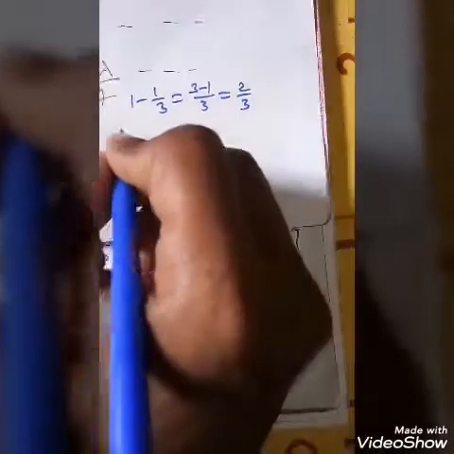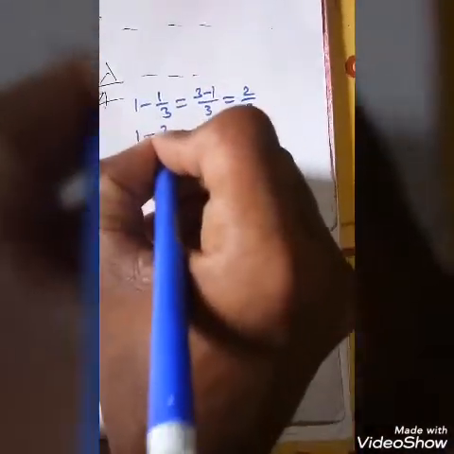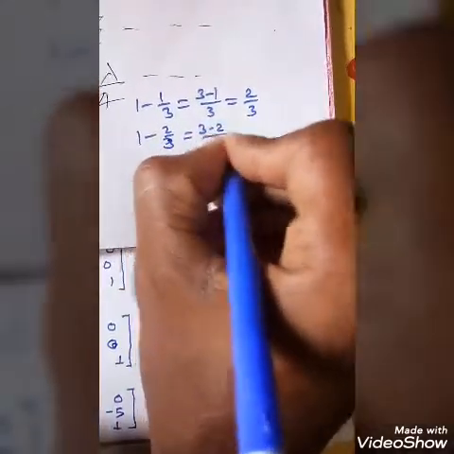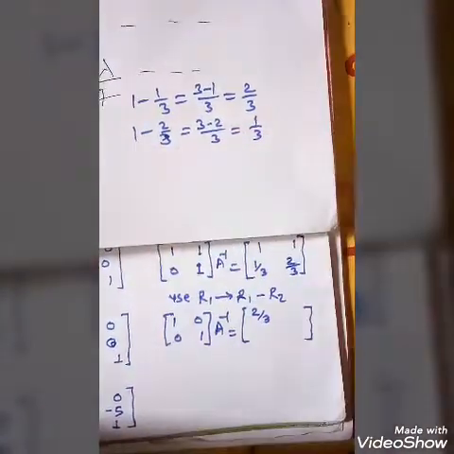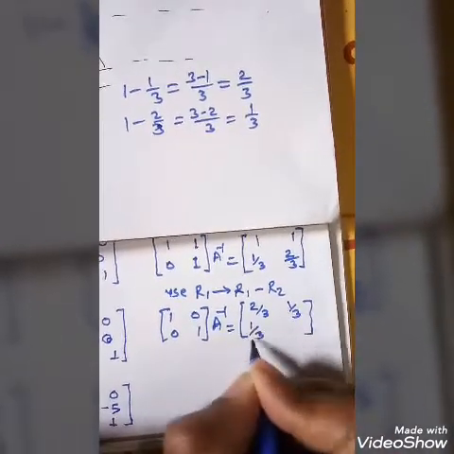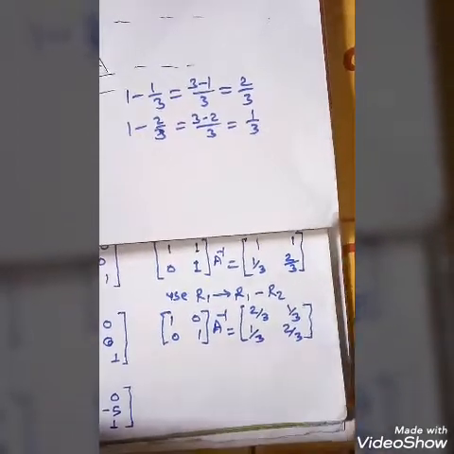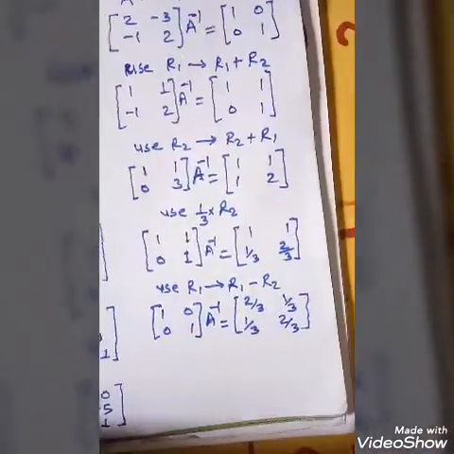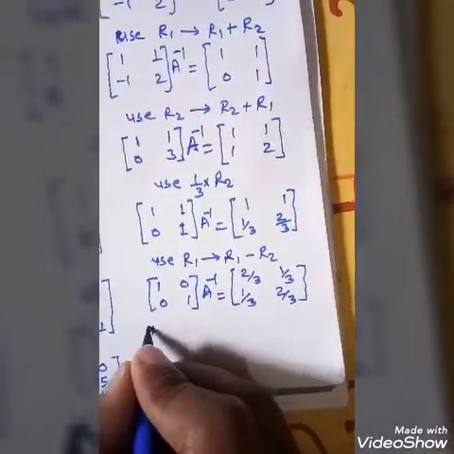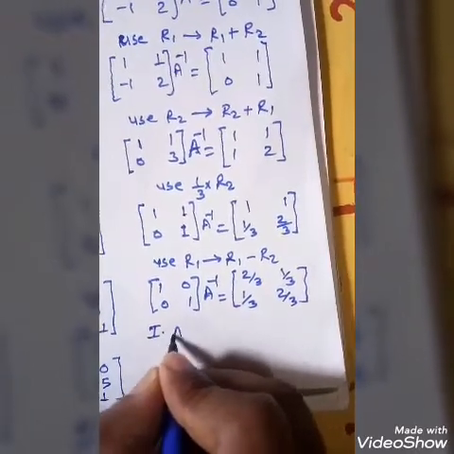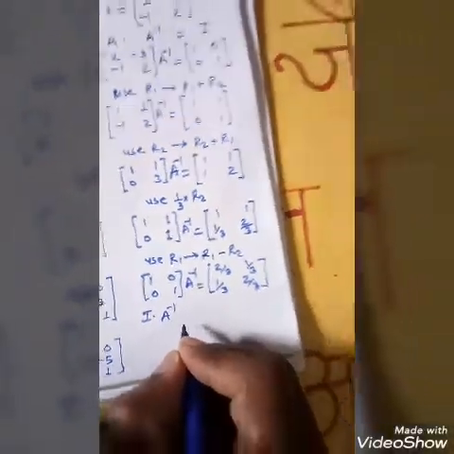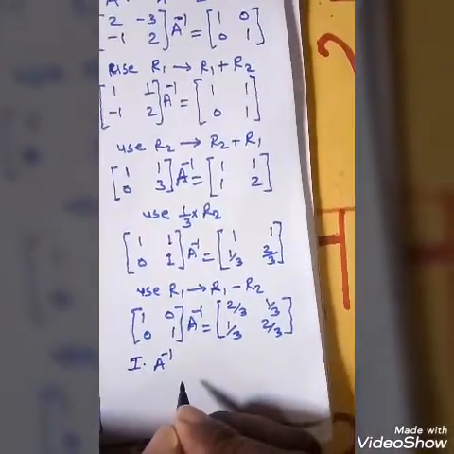For the second element, again the same: 1 minus 2 by 3, again 3 1s are 3 minus 2 is equal to 1 by 3. Second element is 1 by 3, and the second row elements as it is. Here every element of the right hand side matrix contains 3 in the denominator, so your answer is like this: